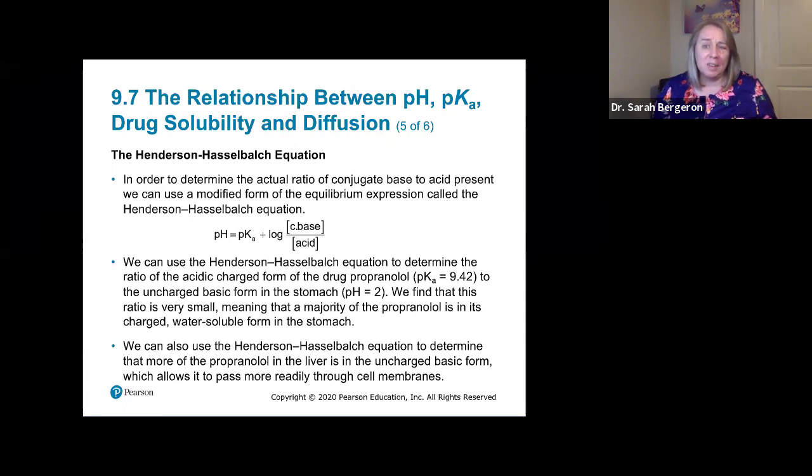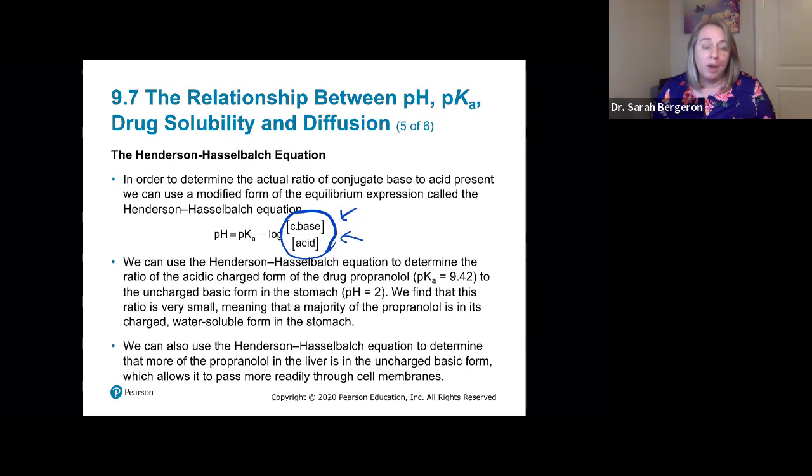And I think this one is given to you on the sheet. If it's not, I'll of course give it to you. But you can use this formula to actually calculate the ratio of how much conjugate base to acid you have. So this is usually what we don't know, and this is what we are solving for, right? So if you remember, the drug that we talked about earlier has a pKa of